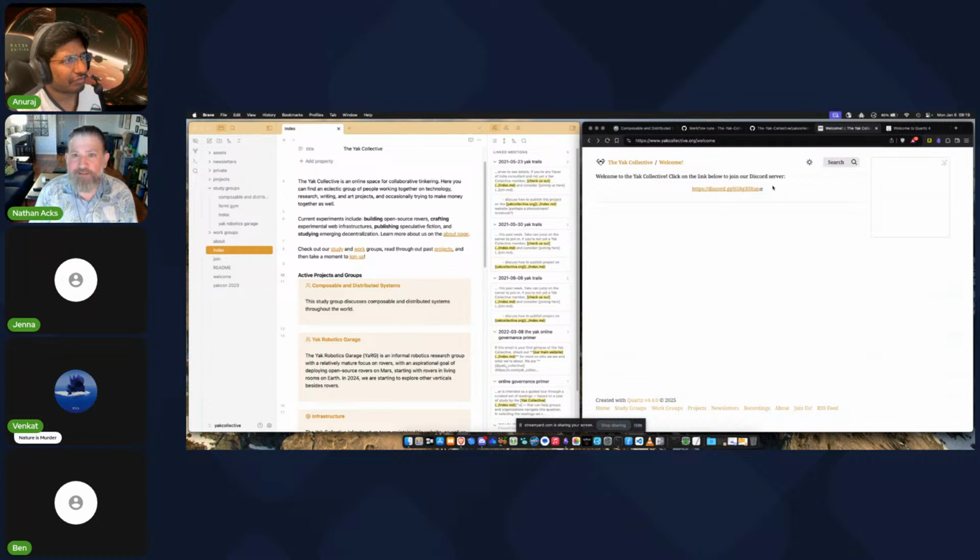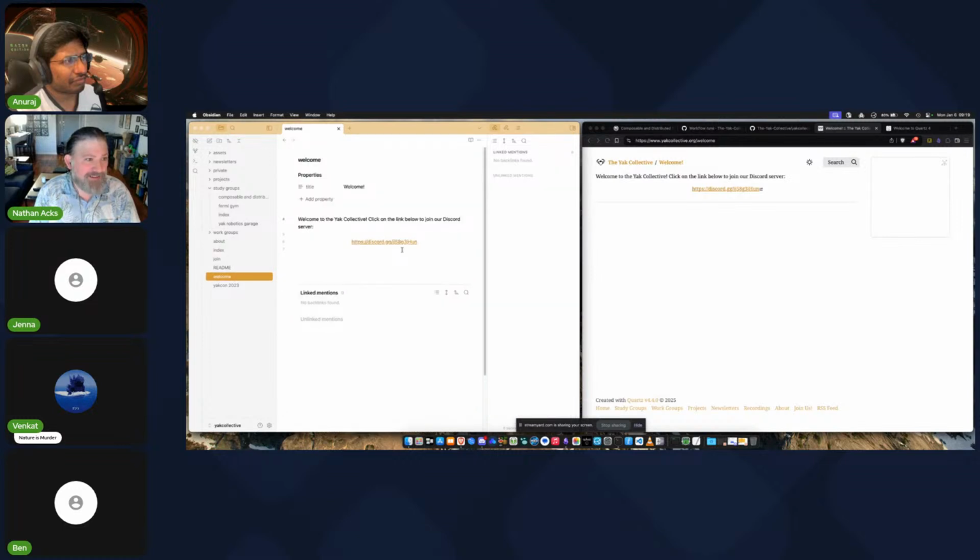This is actually just a regular page. It's just way off and not linked to anything. This is a Discord link. We could just kill this link. And then this is just another markdown file. This page is welcome right here. And so we could kill this link, create a new one, drop it in here.